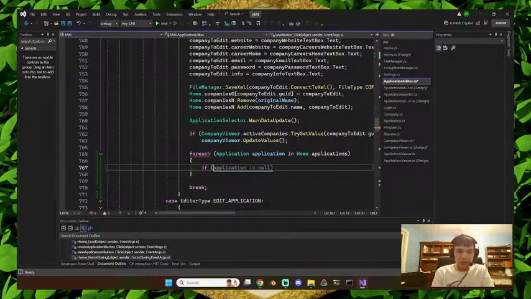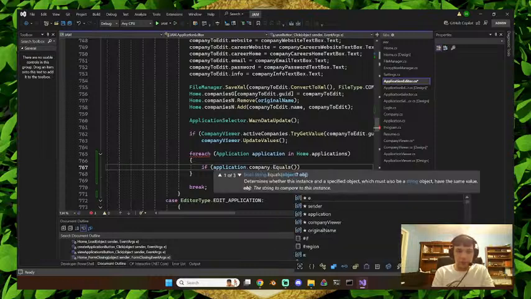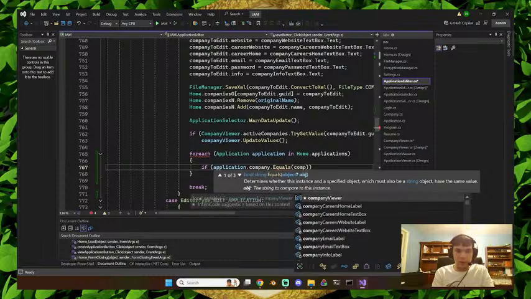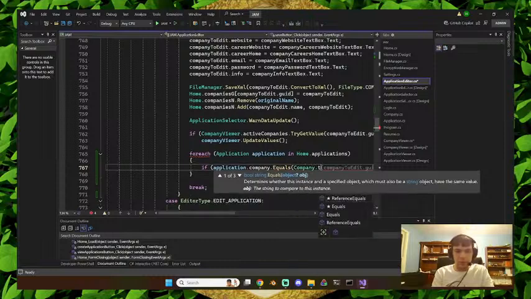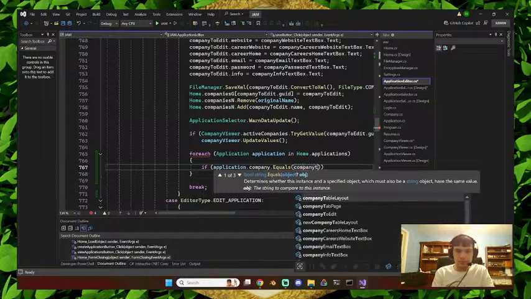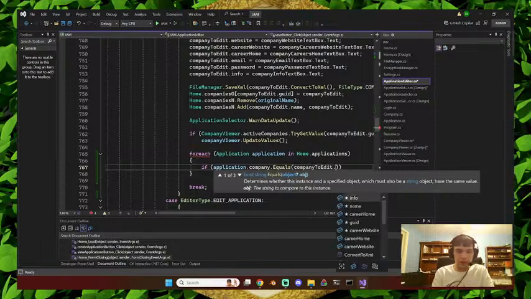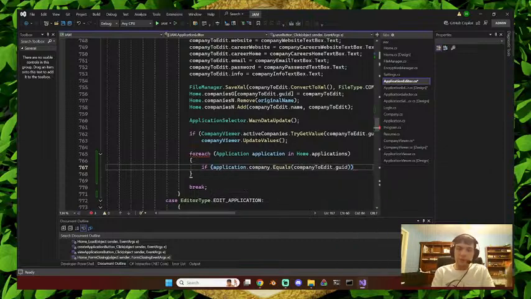If application.company equals, or no, .Equals, company to edit GUID. So if this application has the same company,